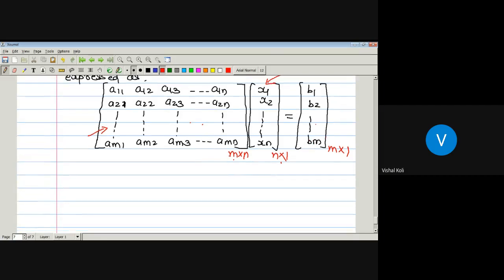Okay, so in this way we can write a given system of linear equations in a matrix form. Let us denote this matrix as capital A, this one as capital X, and this one as B. Then we get